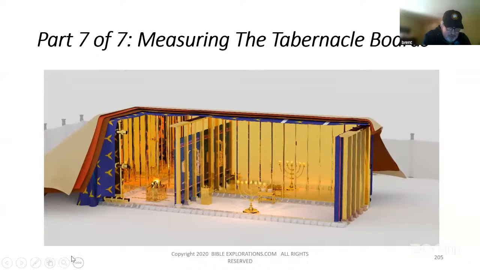So here's a better look. Well, actually, what that means is I've finished a little early, because the next part is measuring tabernacle boards, but let's just take a look at this for a second. So when you look at the layers, I like this picture a lot better. So here's that inner covering. You wouldn't see it through the boards, but of course it comes over top of here.